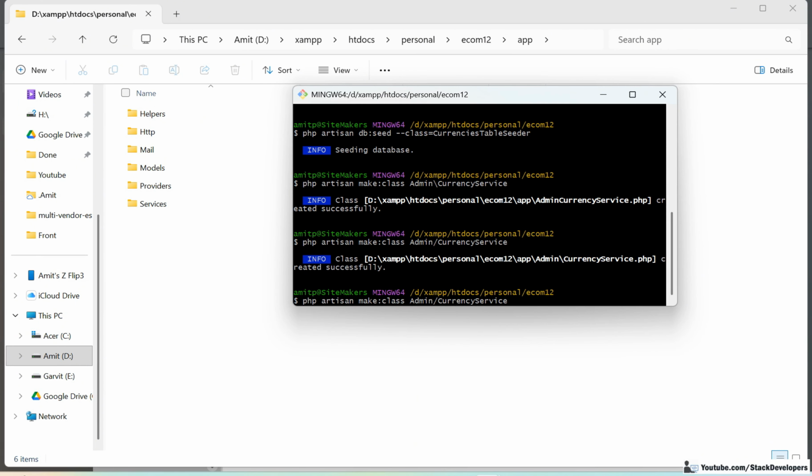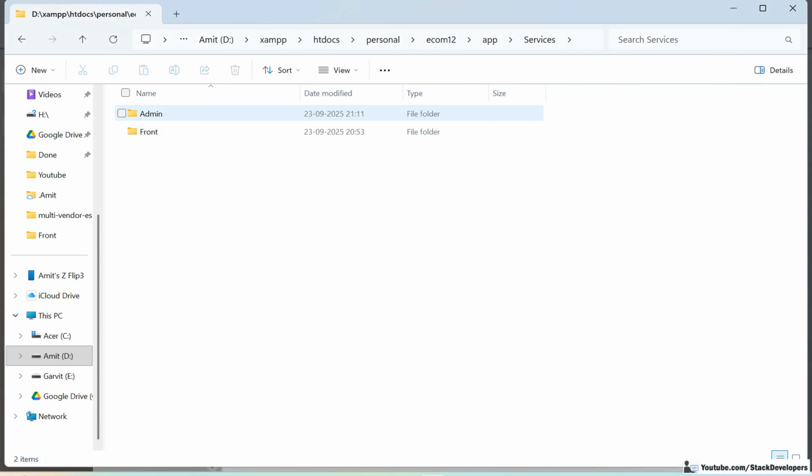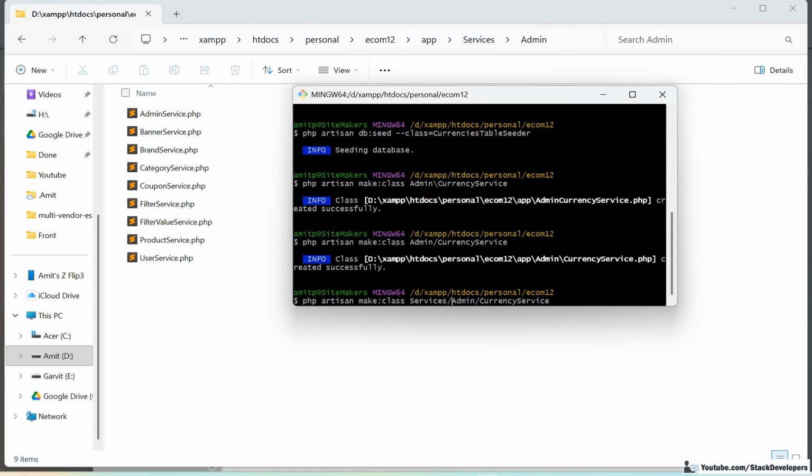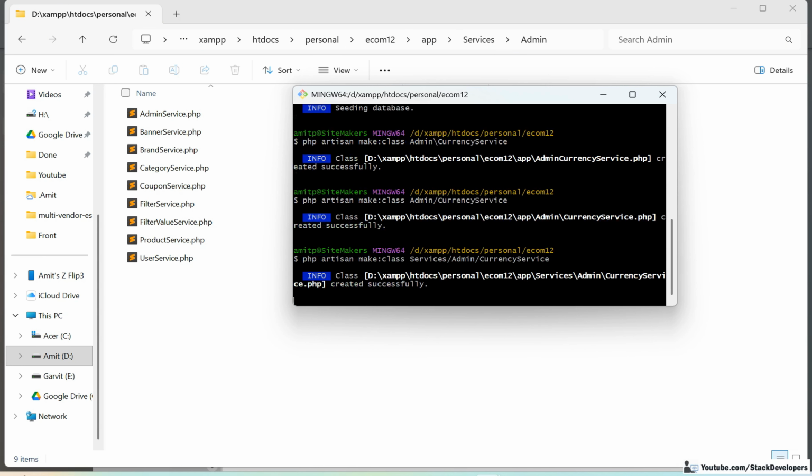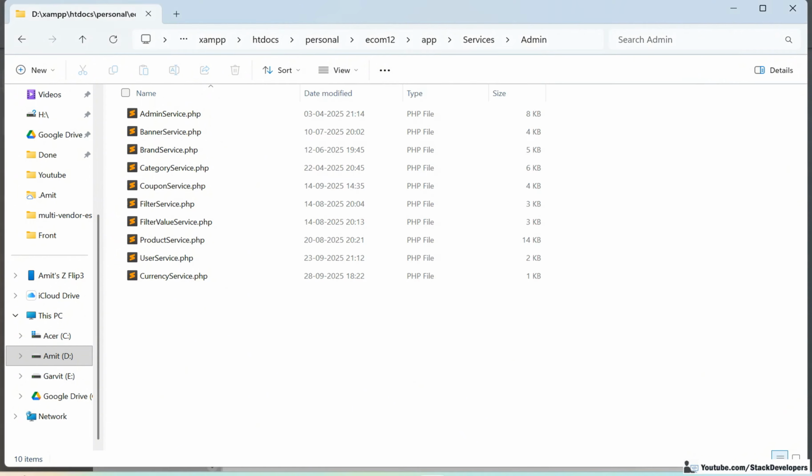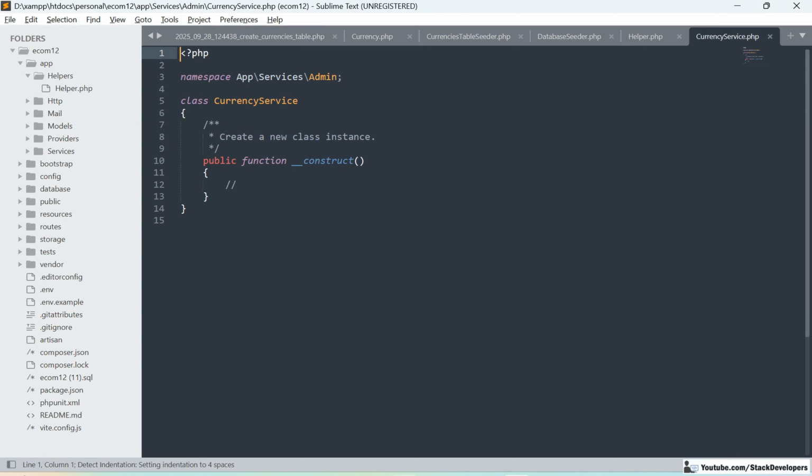It's under, check the path here, app then services. Okay, under services, then under admin, and then under here. Okay, now we are going to check. Yes, now it's fine. Okay, so now we are going to move this currency service here, and now we are